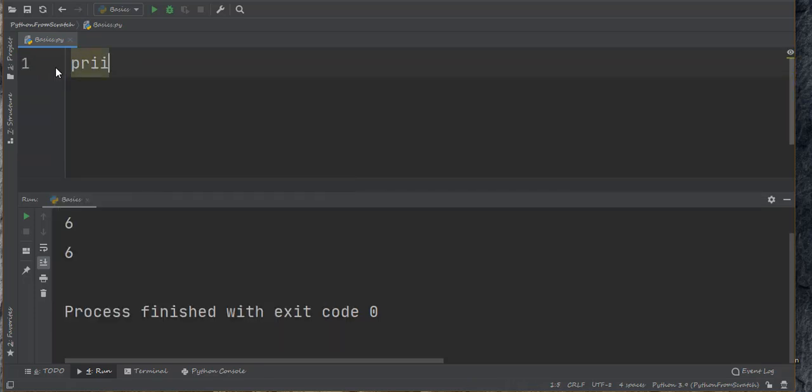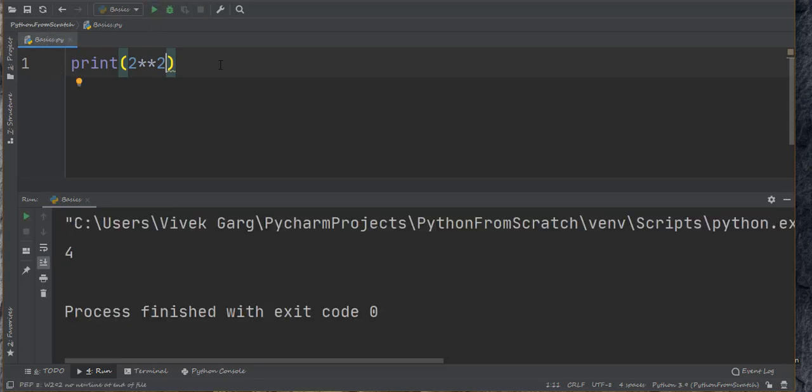First I'm going to test the exponent operator, 2 to the power 2. So we are going to get 4. It's quite obvious. So exponent, there is nothing to explain about exponential operator. And the second operator is percentage, that is modulus or remainder. So it is going to return as the remainder. 3 divided by 2, we get 1 as remainder, right? So this is going to give us 1, the remainder of whatever values we are passing.